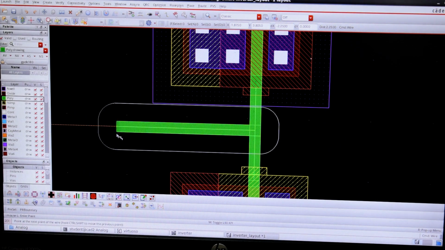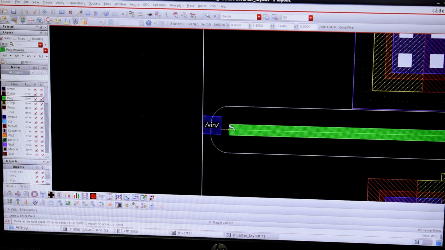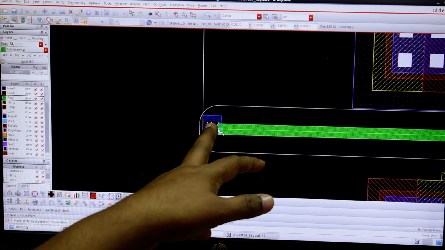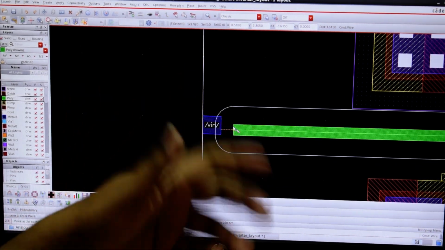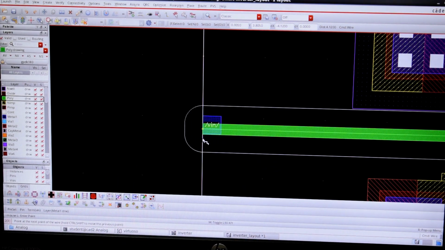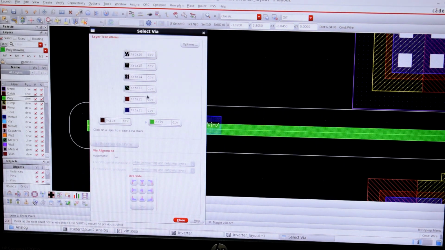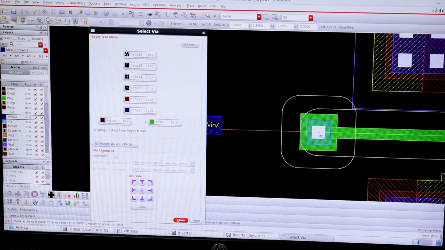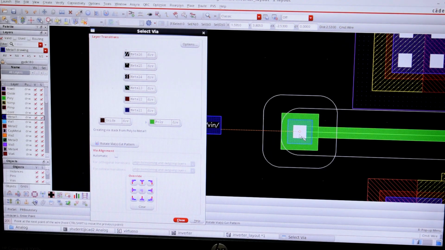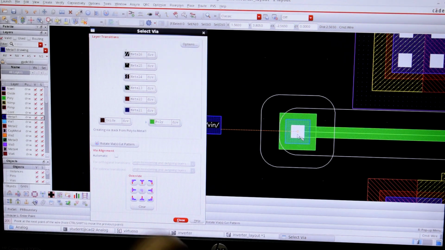The wire is polysilicon, and you see this VIN is green color, this is blue color. It's like the polysilicon, that is VIN. So both are different materials. I need to join two different materials. For that I need to use via. Via will connect two different materials. Right click, select via. You see so many options are there, metal 1, metal 2, metal 3 up to metal 6. I will choose metal 1 because now I need to connect polysilicon with the metal, right? So I am connecting polysilicon with the metal, that's why I am taking this wire.